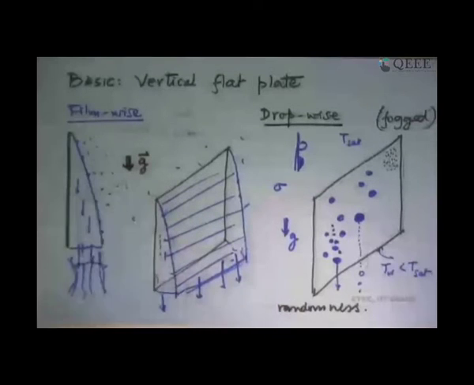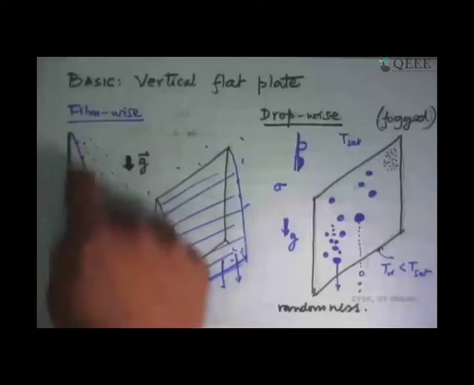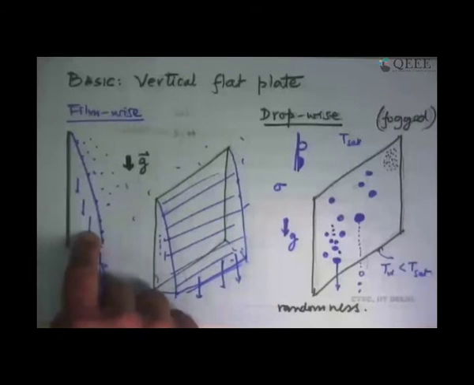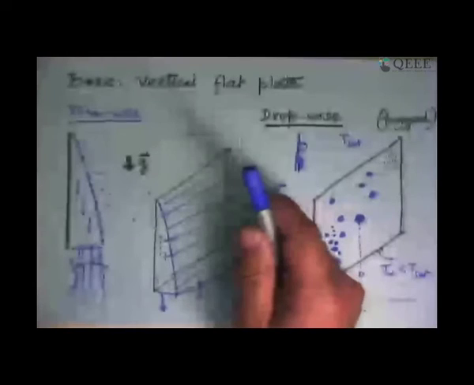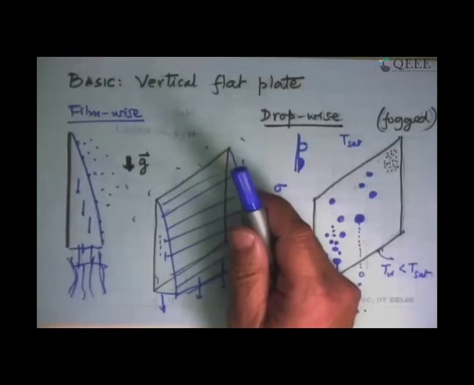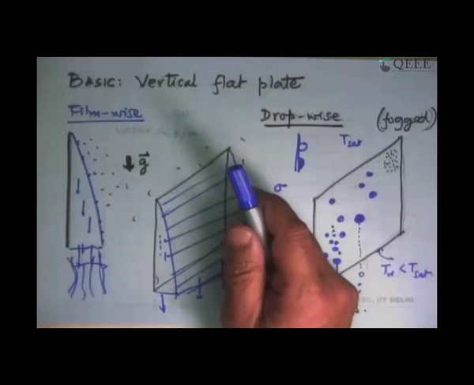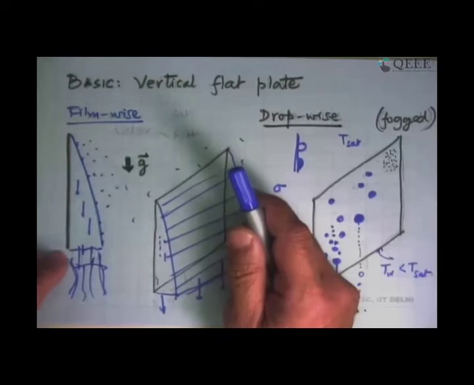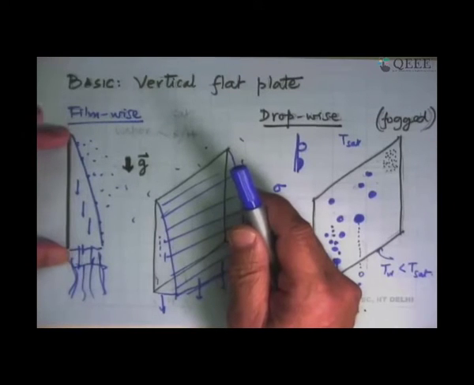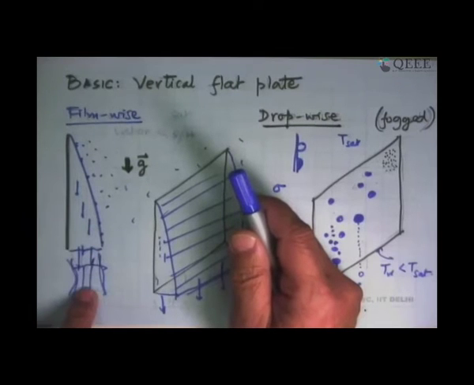And because we have formed a film, it becomes quite easy to say, well, I can write the conservation equations for this film like we did for the boundary layer, and begin to understand what is going to be happening in this case. So at least some basic equations can be written and some mathematics can be developed. We will go through that and will not worry too much about the nitty-gritty algebra and how to solve the equations, but we'll say, okay, what is the big idea that we learn from this. What we'll be learning is the trend, the shape of this, what happens to the heat transfer coefficient locally as you go down, and what is the total heat transfer coefficient I get from the plate, which I can then correlate with the mass condensation rate that happens.